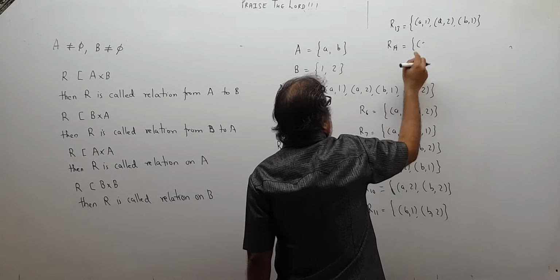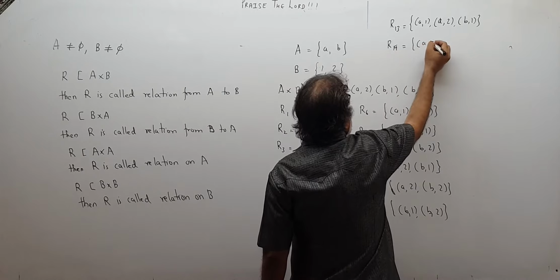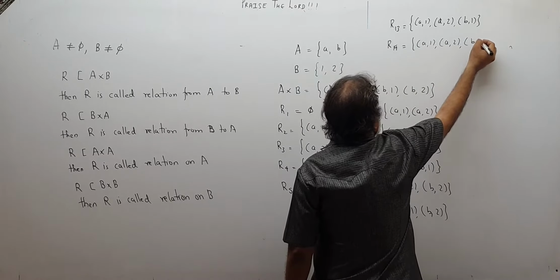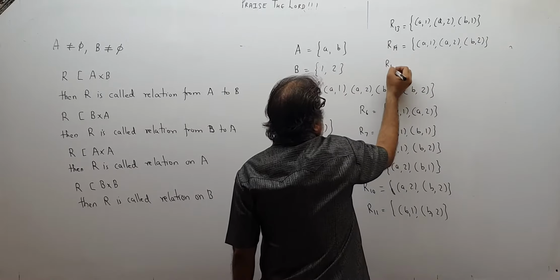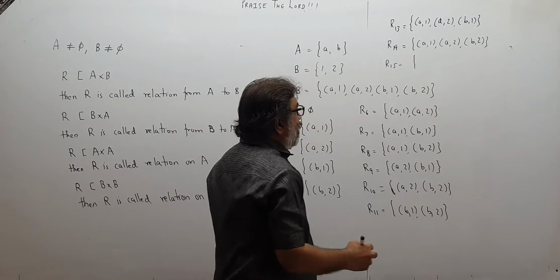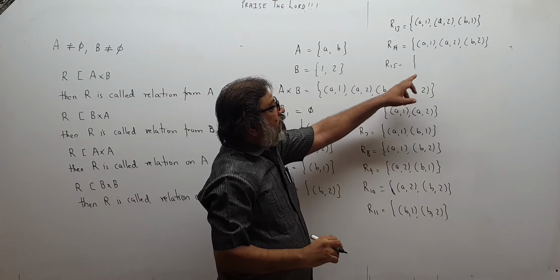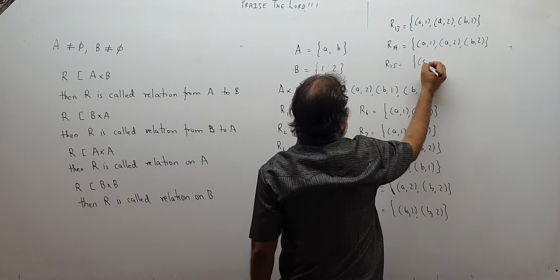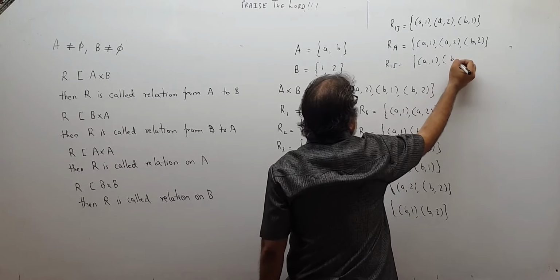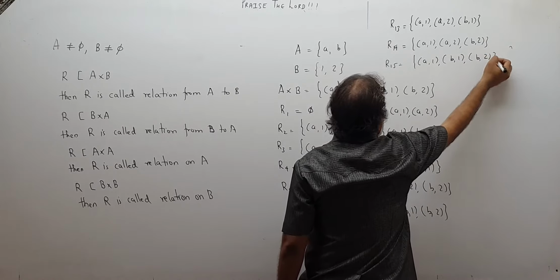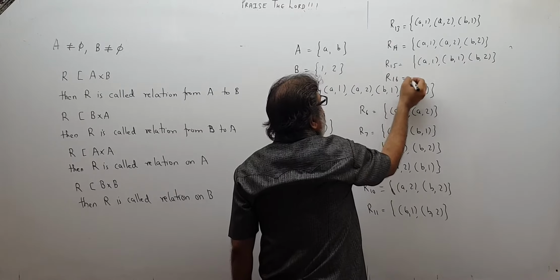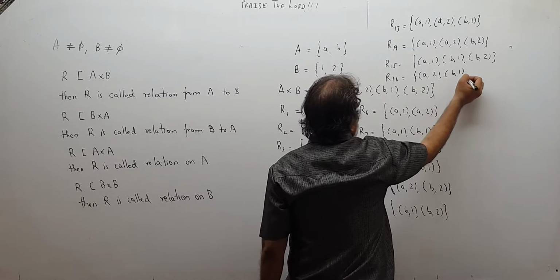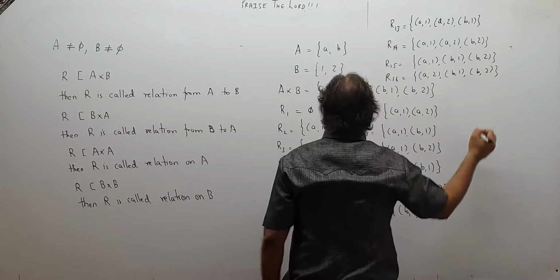R14 can be, see I left out B2, now I left B1, A1, A2, B2. Then R15 can be, see I left out first B2, B1 for B2 we left out here. Here we got B1, then I will get A2. So that will be A1, B1 and B2. And R16 can be, now I got A1, so that will be A2, B1, B2.